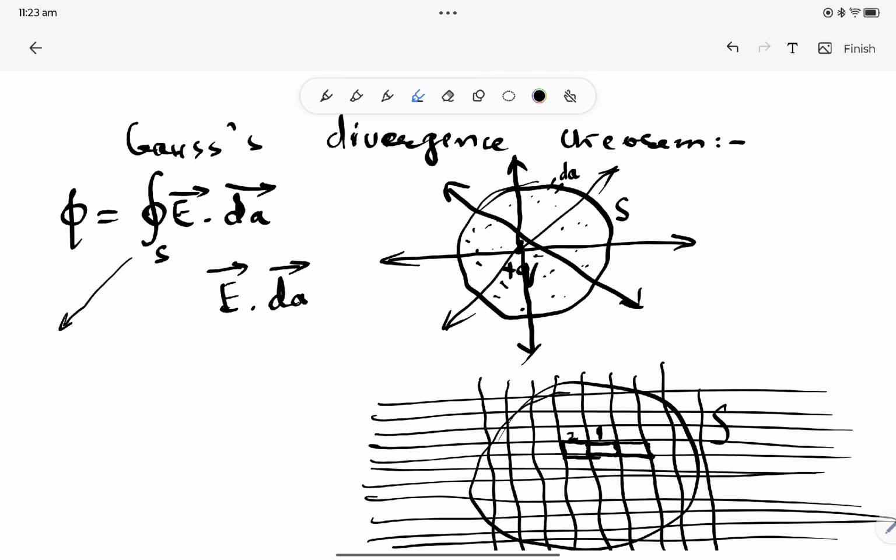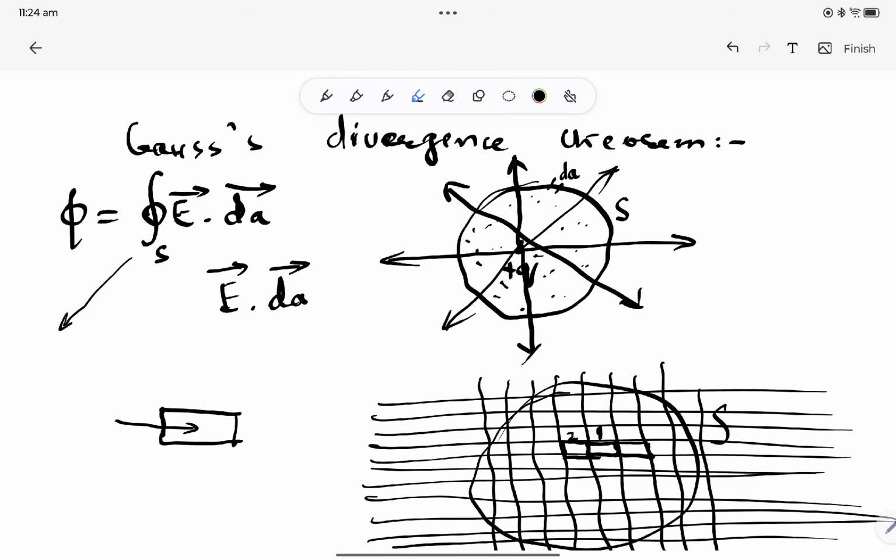So when we calculate flux through this face, right face of cube number 1, look here, suppose electric field is directed that way, and for simplicity you can imagine this electric field to be purely horizontal,